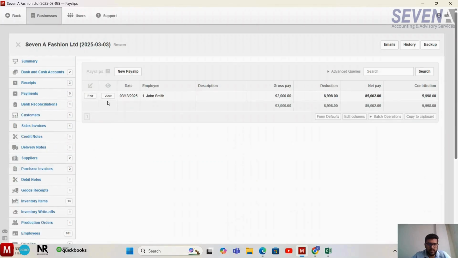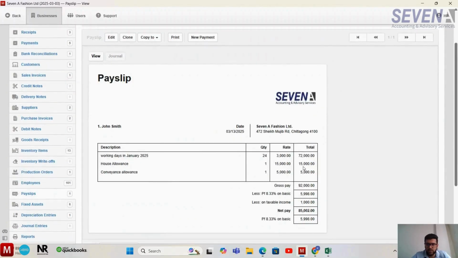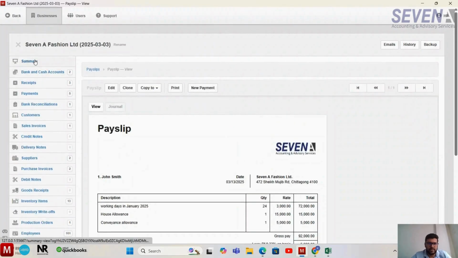If you go to the payslip, you can see 92,000 is the gross pay, and in the profit and loss estimate 97,998. How is that possible? This is actually 92,000 plus 5,998. So if you aggregate these two figures, you will get this